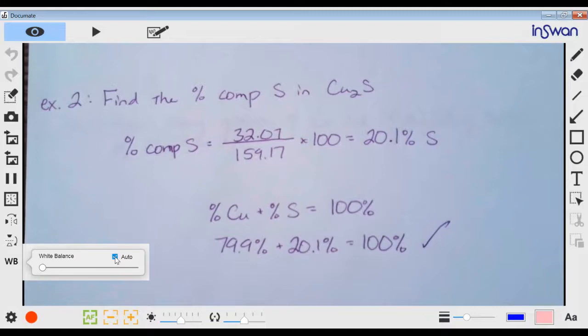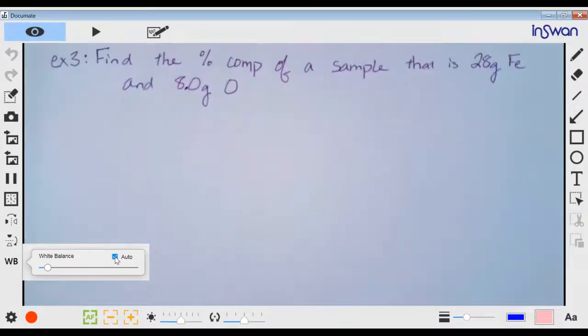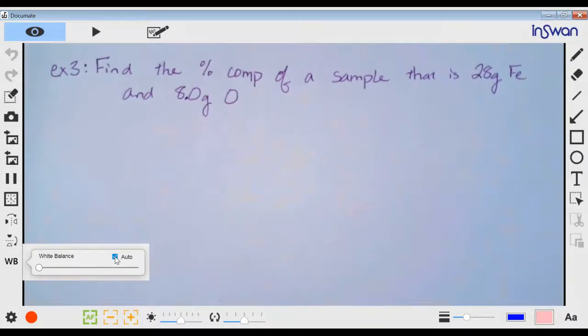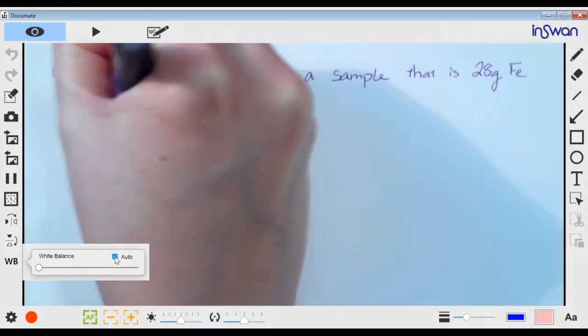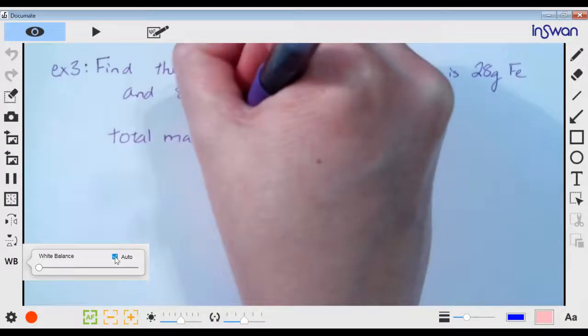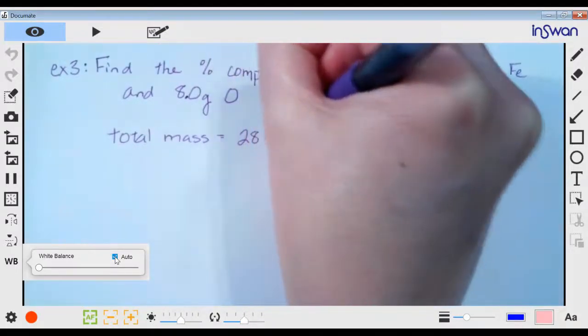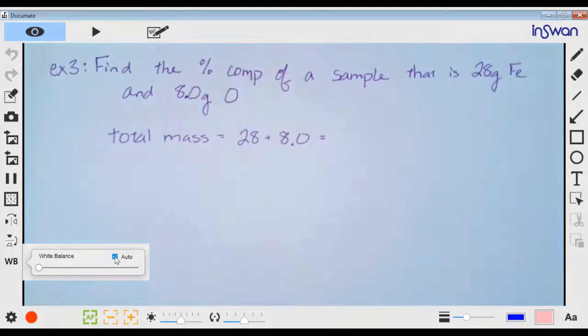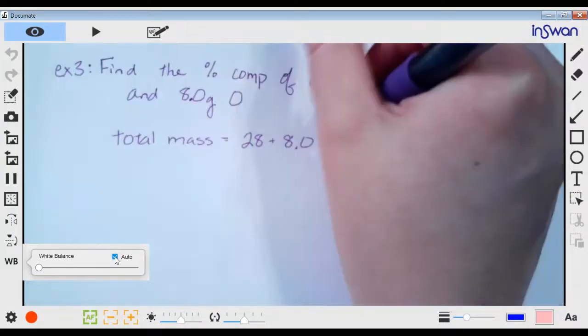Okay, let's go ahead and try another example. So this time we want to find the percent composition of a sample that has 28 grams iron and 8.0 grams oxygen. Well, this one's going to be a little bit different since I don't have a chemical formula. I cannot figure out the molar mass, but I still know the mass of each of my elements and I can figure out the total mass. So this is going to be a little bit different, but not too hard. So the total mass is going to be equal to 28 plus 8. So if I go ahead and add that together, that gives me a total mass of